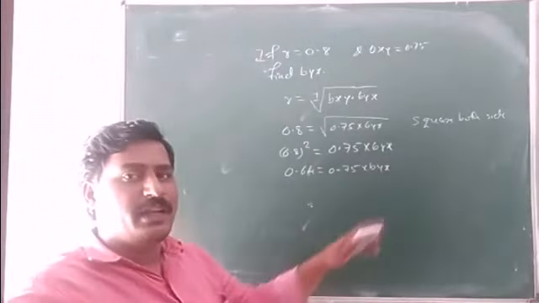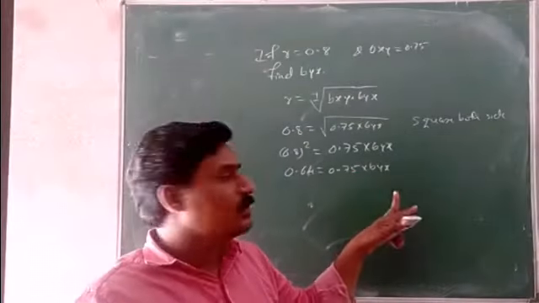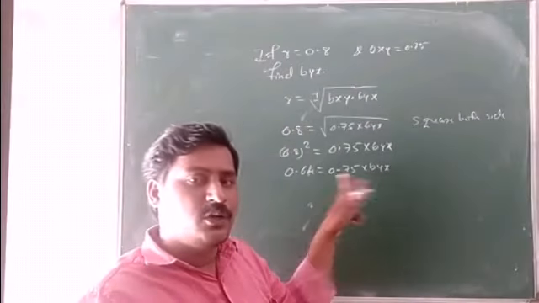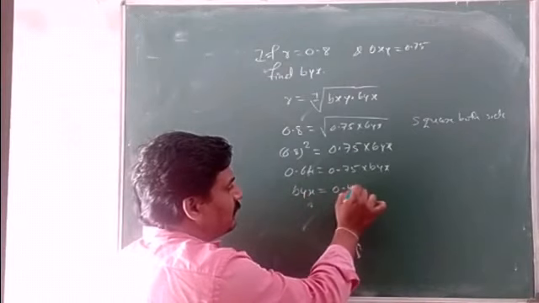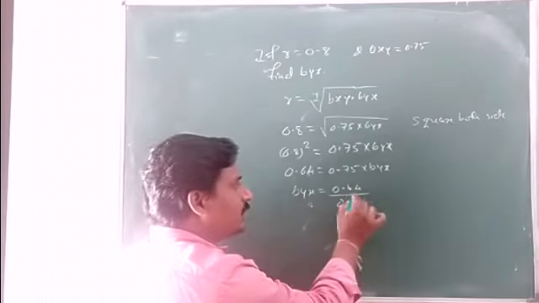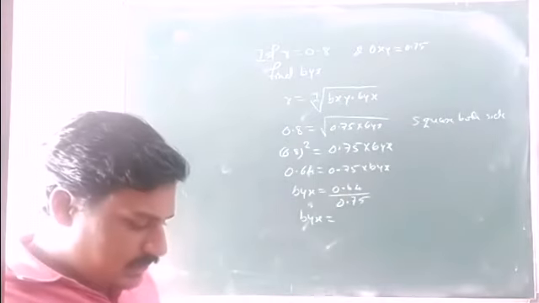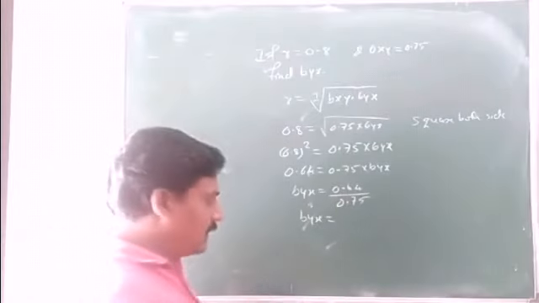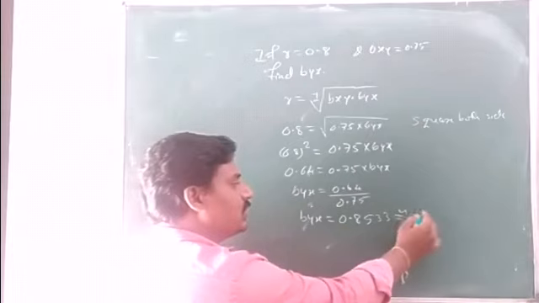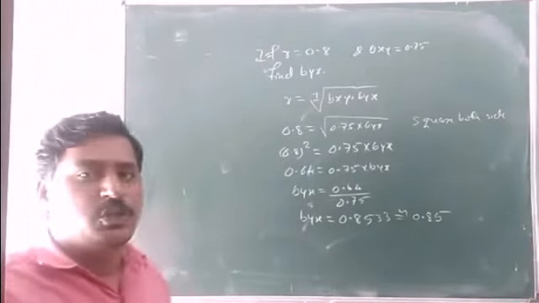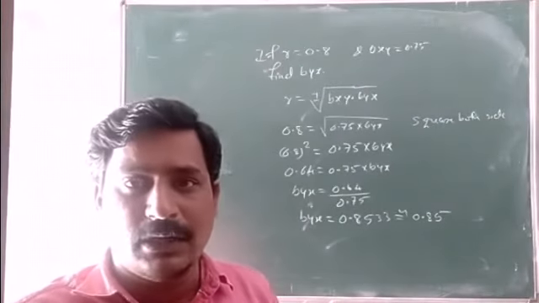Now we want the byx value. So to find the byx value, send 0.75 to the other side. There is a multiplication sign here; when it goes to the other side, it becomes divided by. So byx is equal to 0.64 divided by 0.75, that is 0.8533, approximately 0.85. So the value of byx is 0.85. Such questions you will get for 2 marks.